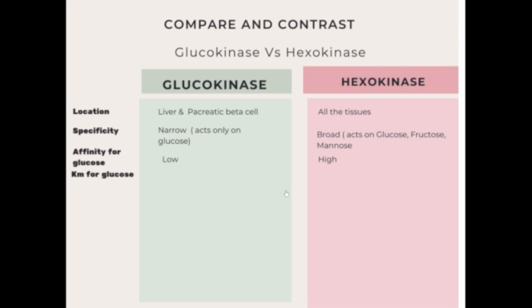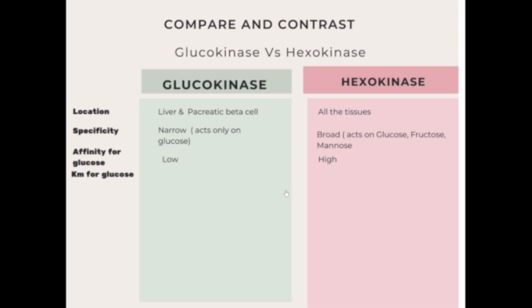So after the meal, when there is a heavy influx of glucose, the glucokinase enzyme will help to utilize the glucose in the liver and pancreatic beta cell, while hexokinase has a high affinity for the glucose,